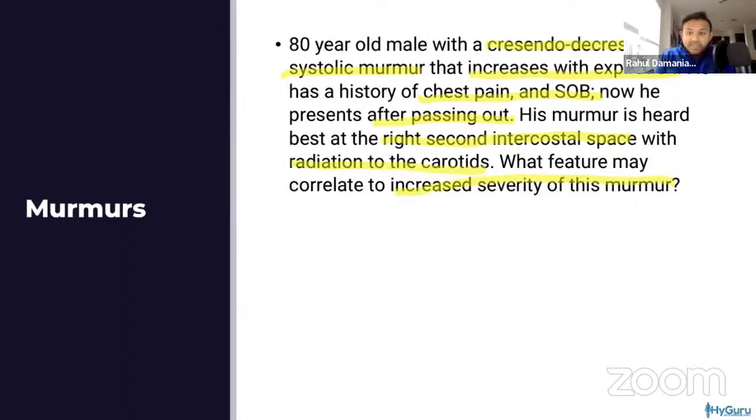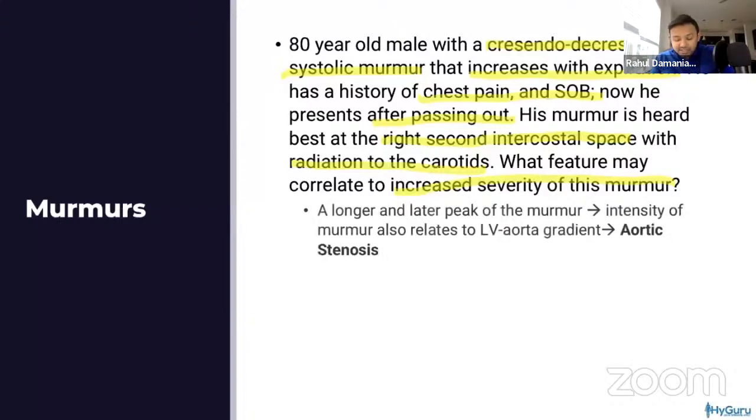So when it comes to this murmur, I first want you to put into the chat box, what kind of murmur are we dealing with right now? Go ahead and put that into the chat box. If you said aortic stenosis, you're absolutely correct because it's a right second intercostal space, and you are going to be thinking of a systolic murmur at that aortic side, and that is the aortic stenosis.